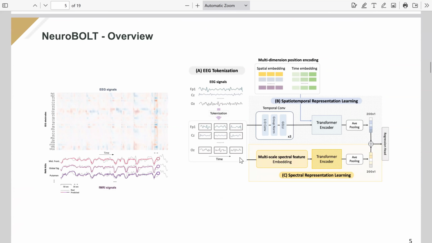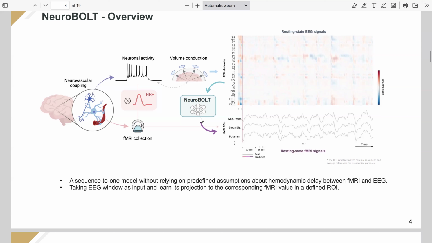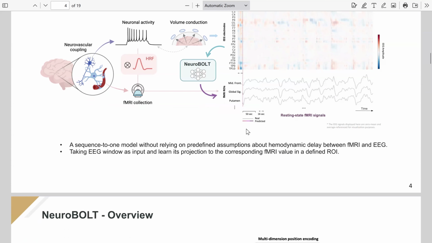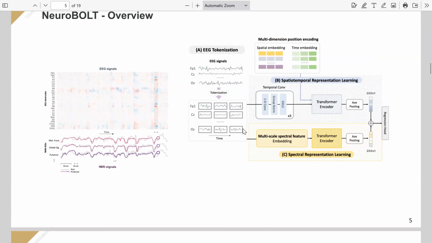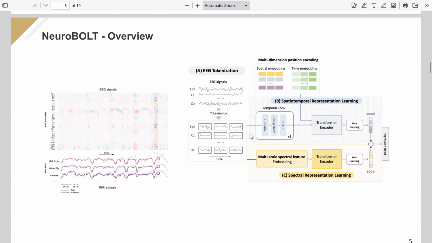Okay, so let's look at this approach. This diagram, I think, is a high-level description of the problem that they're doing, and they're translating between these two modalities. If you grew up reading the transformer literature, if you've read the canonical papers, it's quite similar to the seq-to-seq style problem, right? And they mention seq-to-seq style models as baselines. They don't really do a lot of comparisons with those style of models. But yeah, it's very similar to translation style problems, but now you're translating from one modality to another. Okay, so let's talk about this approach.